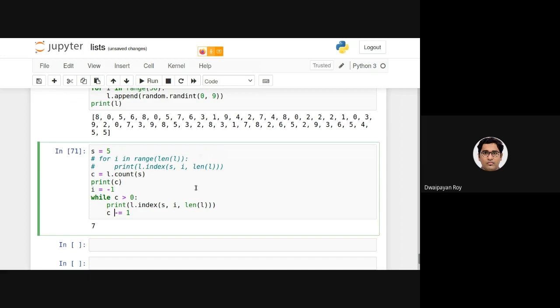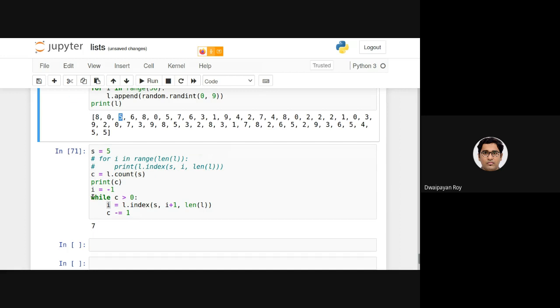Let me tell you what exactly I am doing. I'm starting with -1. And here in this function, I am making it 0. Now this i is returning the location at which 5 is present, that is 2.